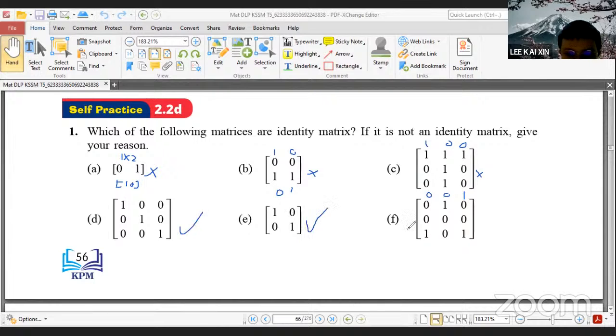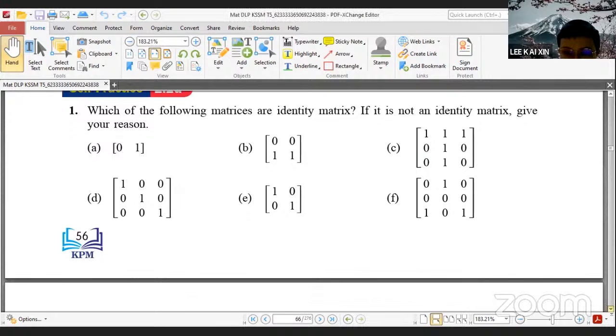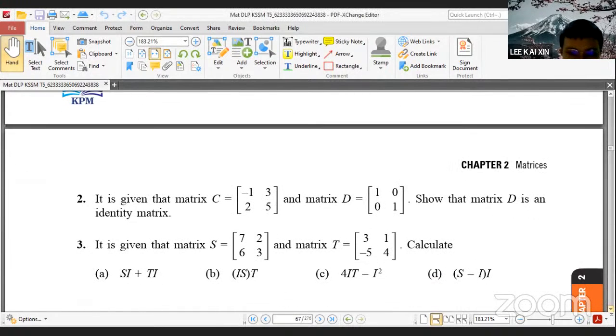This one, yes. This one, no also, because the 1 must be at the first position up there, and the second part also does not have a 1. So these are the identity matrices, which I think are a,